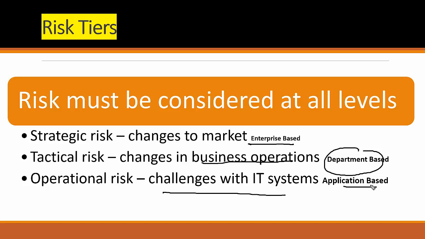So if it's an operational risk, it's still manageable. If it's a tactical risk, manageable. But if it's a strategic risk, we need to give top priority to that. So from an exam point of view, always remember, whenever we go for risk management, we follow the top down approach. We first understand the strategic risk impact, then we try to understand how it impacts the tactical and how it impacts the operational.